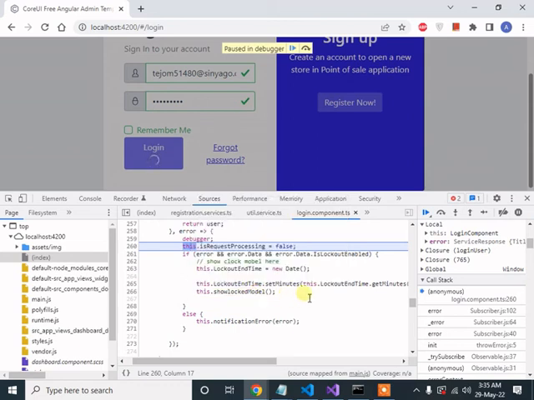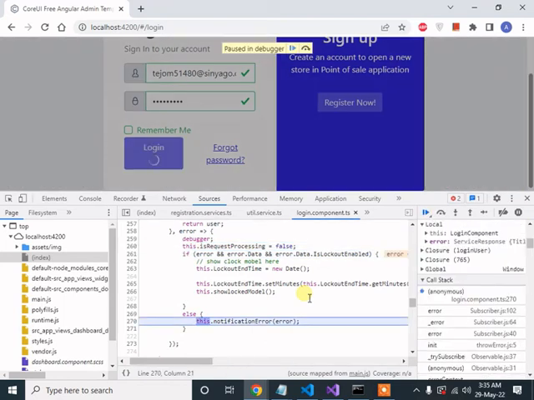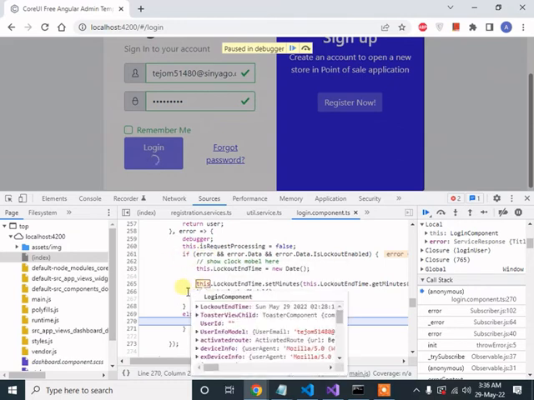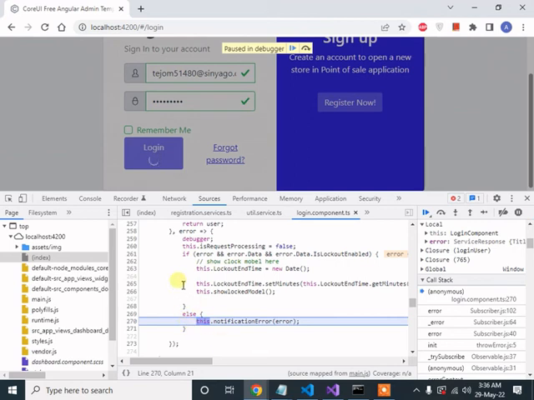So the logged model should be displayed, but the control should come into this if block, and it is going into the else block. So it is clear from there that this condition is not fulfilled, and we are seeing from the debugging that this variable is lockout enabled is not